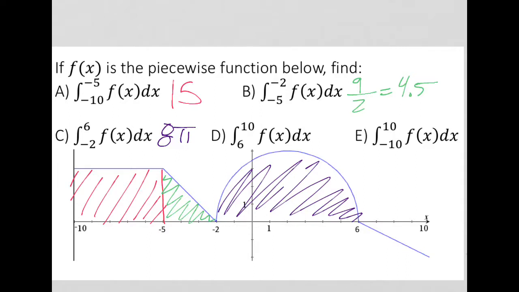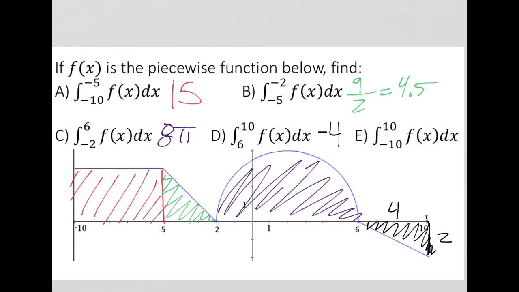And then finally, from 6 to 10, this area right there is a triangle. It's got a height of 2 and a base of 4 from 6 to 10 right there. So that area is going to be 4 with the stipulation that it is negative because that area is below the x-axis. And then if we want to find that total area, just add everything up, all the positive and